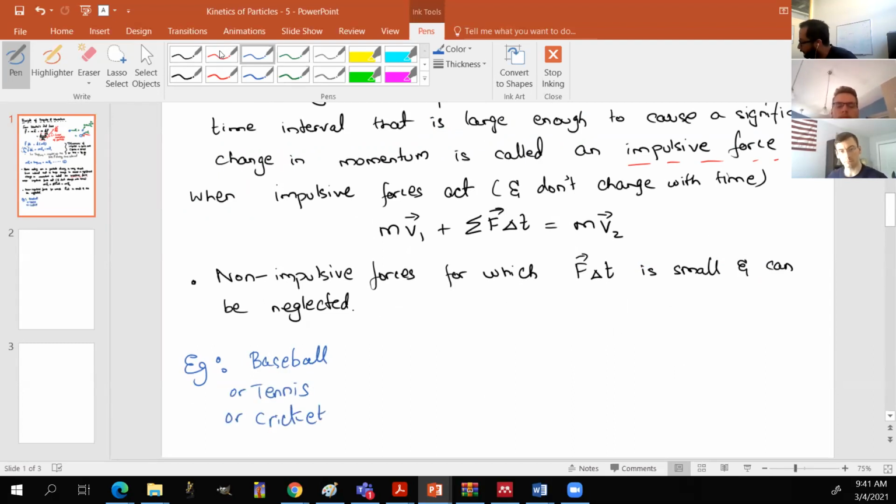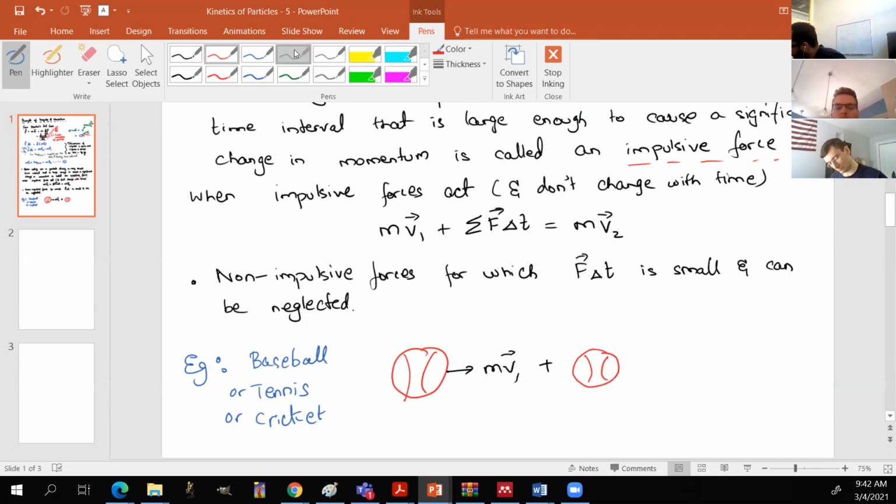You have the ball initially with its momentum mv1 at a particular time, and then whatever you're using, the bat or the racket, you come and hit it with a certain impulse. Let's say that's equal to delta F times t, and that is going to result in,